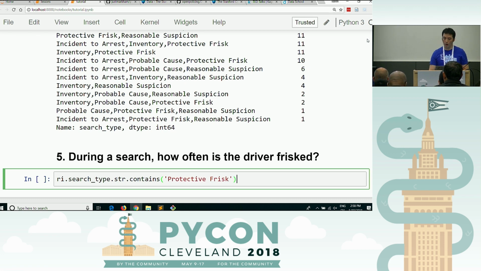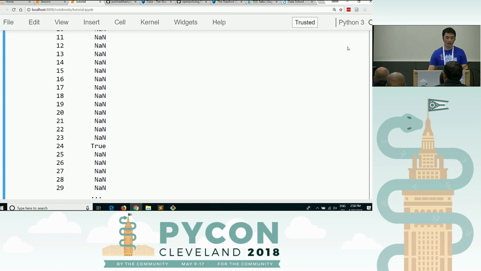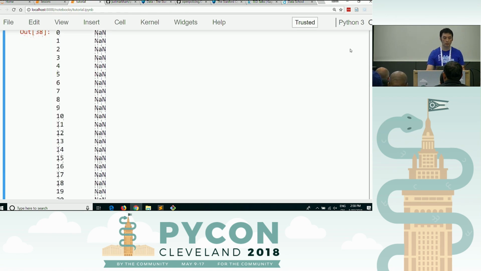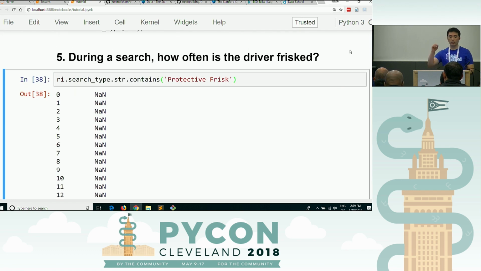What you actually get is a lot of NaNs anytime search type is missing, and then you get true values anytime there's a match, and you get false values when there's not. So it's a string method that automatically operates on every element of the series. I'm just going to create that as a new column called frisk,